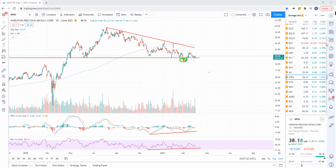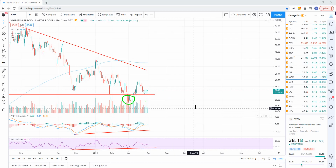Here's Wheaton Precious Metals, WPM. I've kind of pointed this one out, and look, we have bullish divergence. This low price was a slightly lower price area than the former lows. All right, there's a low, and a new lower low. But that lower low was made on higher momentum. So you can see the bullish divergence, how it's trending up. The RSI and the PPO are both trending up on this daily chart, signaling that's a divergent low,